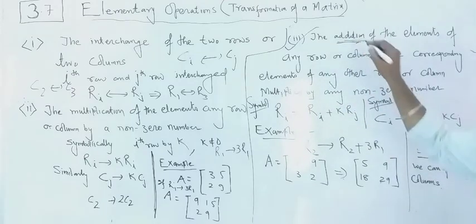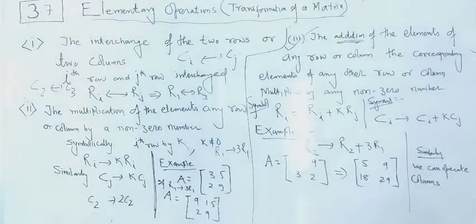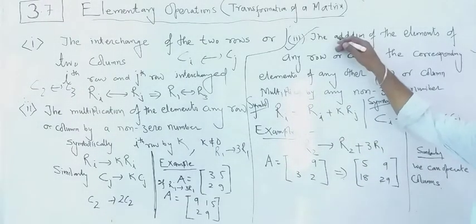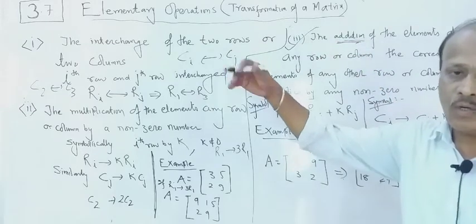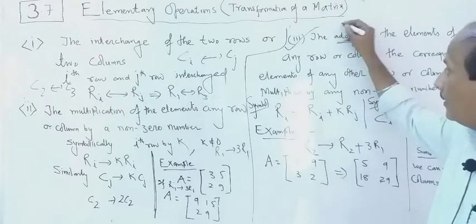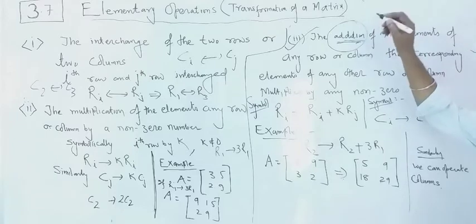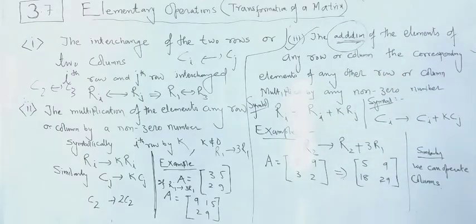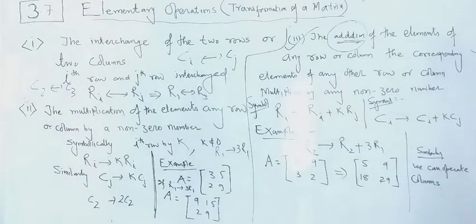If you want to subtract also, suppose the elements of any row are given, and if you want to add the elements of a row with some other row or a multiple of another row, you can do it very easily. Here they are using the word addition, but subtraction also can be done. Otherwise you take those elements as negative ones. So again I am repeating the statement, then I will support it with one example.